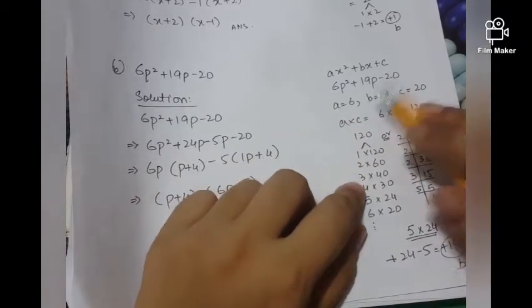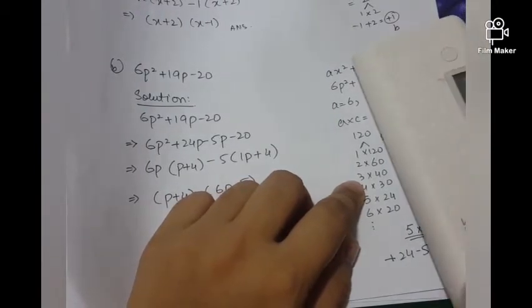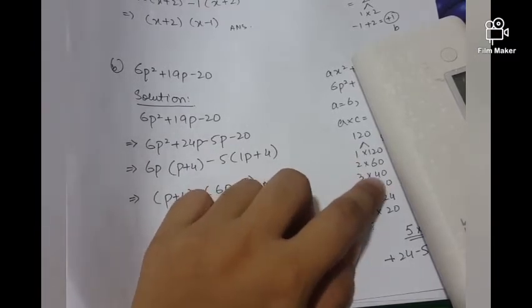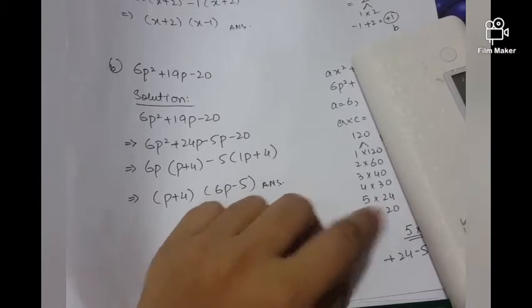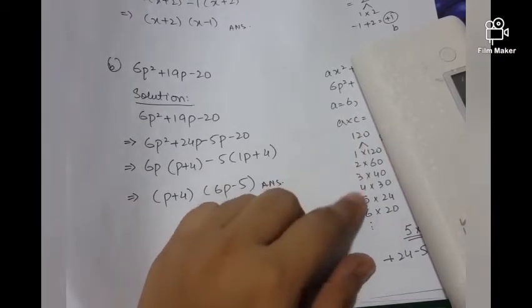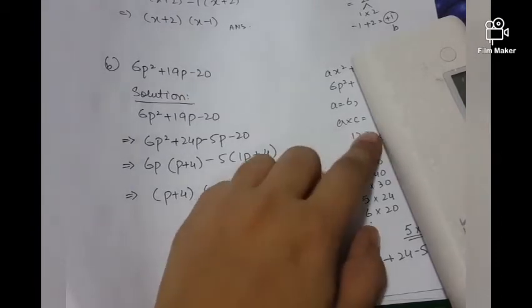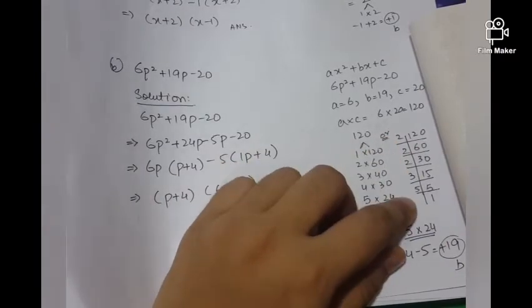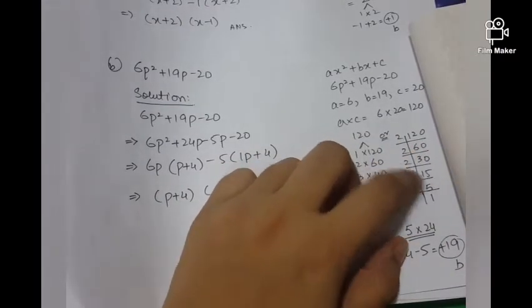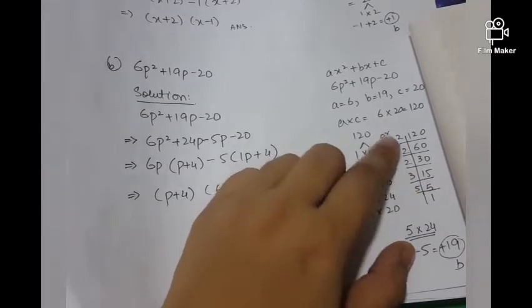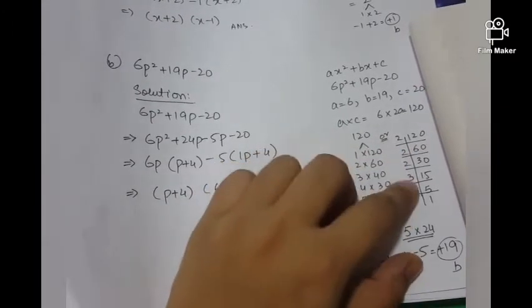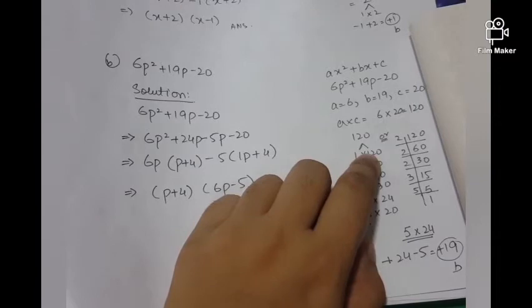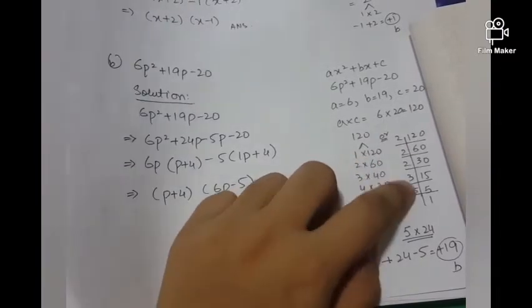If I find the factors of this, simply 1 times 120, 2 times 60, 3 times 40, 4 times 30, 5 times 24, 6 times 20. It's a very tedious way to find the factors of 120. Another simple way is the prime factorization method. 2 times 60, 2 times 30, 2 times 15, 3 times 5, 5. Always use prime numbers to find the factors. So the prime factorization and the simple factor method, both can be used. If you have a bigger number to factorize, then you have to use prime factorization because this one is easy.